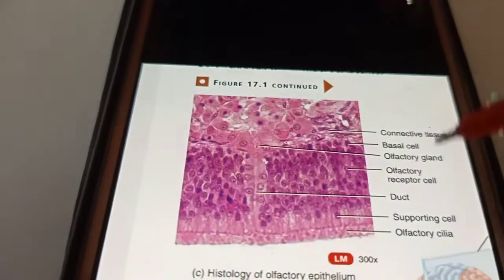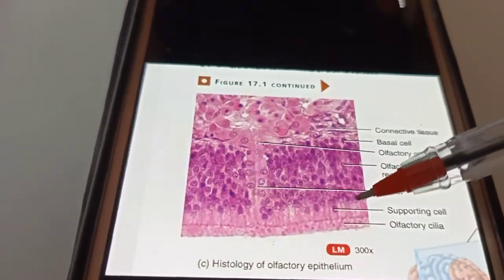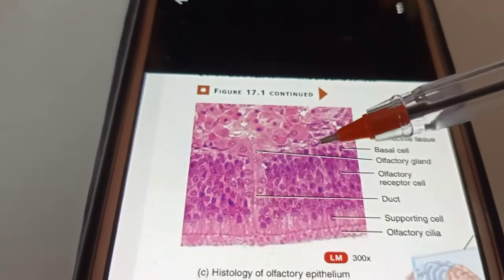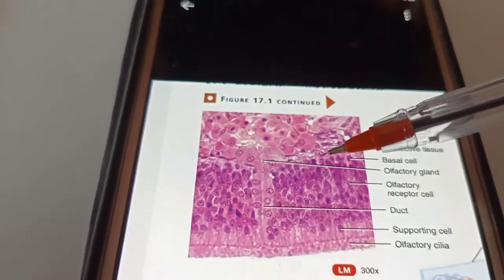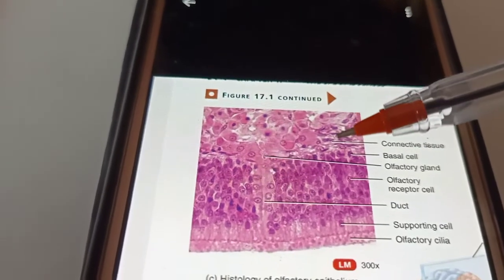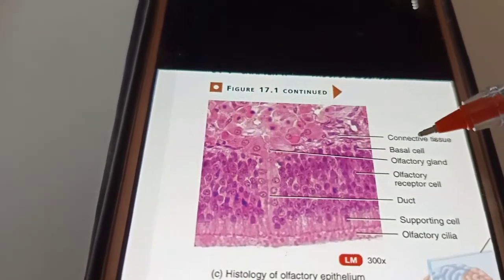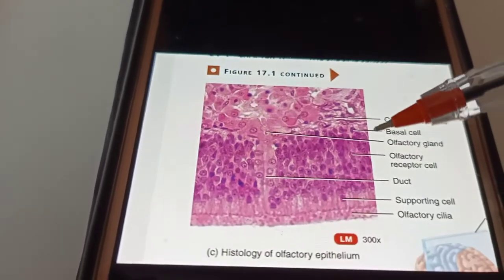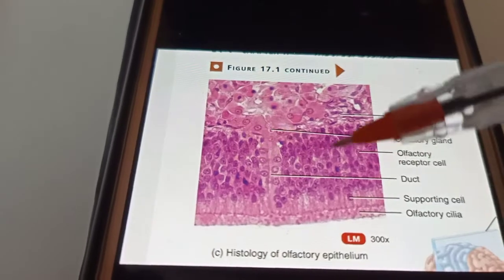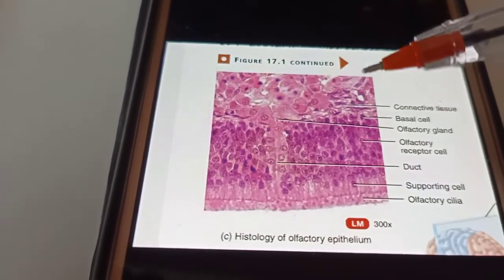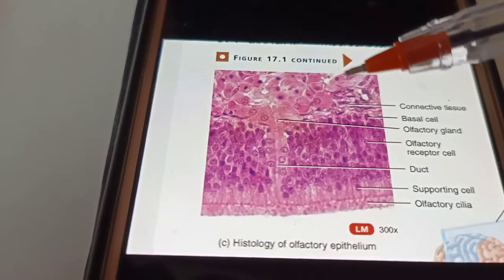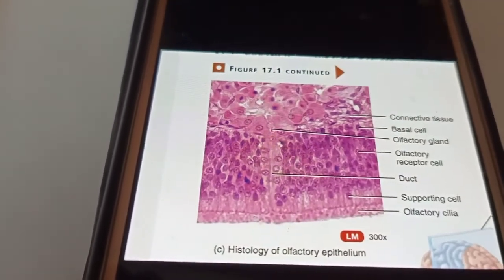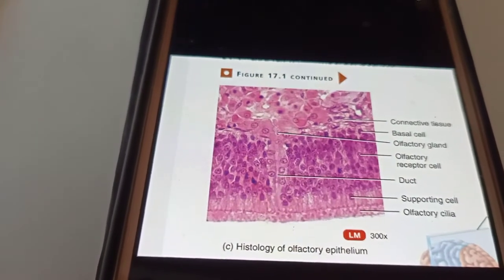Now, the olfactory glands or Bowman's glands and the supporting cells are innervated by parasympathetic neurons which can be stimulated by certain chemicals. Which parasympathetic neurons? Those of the facial nerve. The olfactory gland and the supporting cell can be stimulated by certain chemicals. When they get stimulated, the impulses can reach the lacrimal glands present in the eyes and the mucus glands present in the nose. So this will result in tears from the eyes and a runny nose.